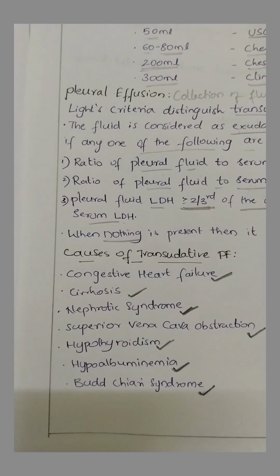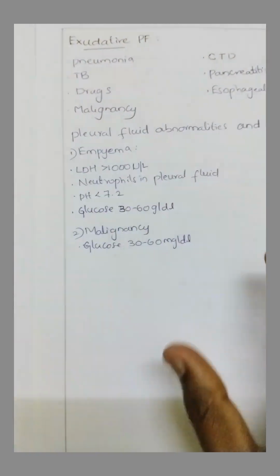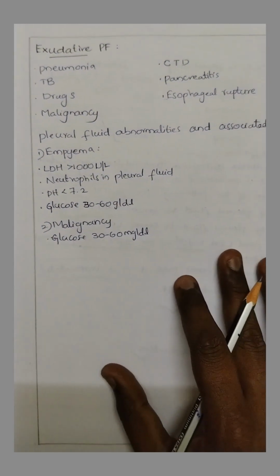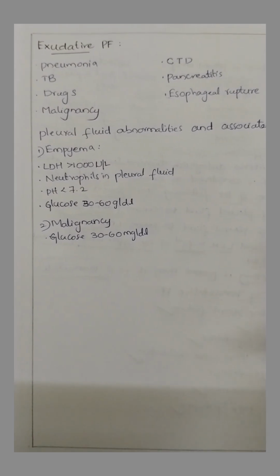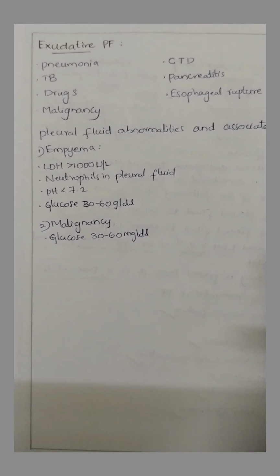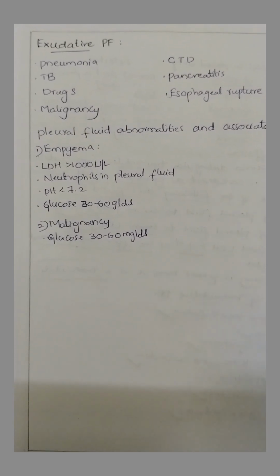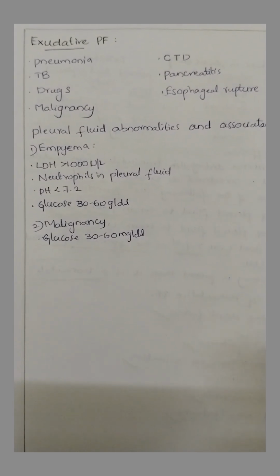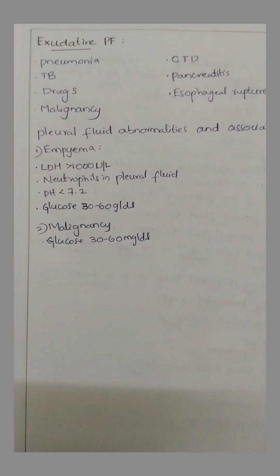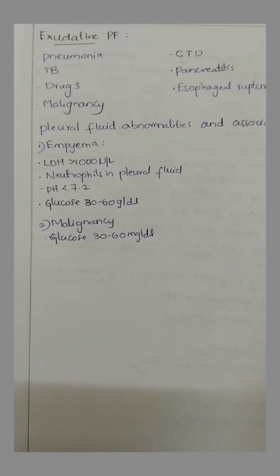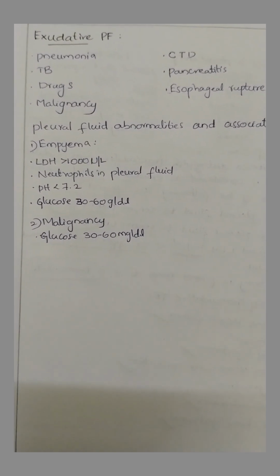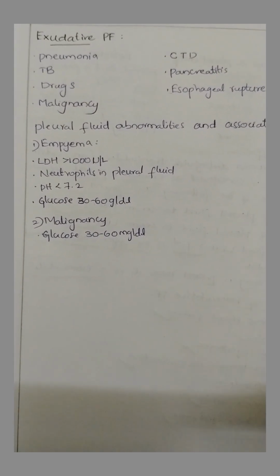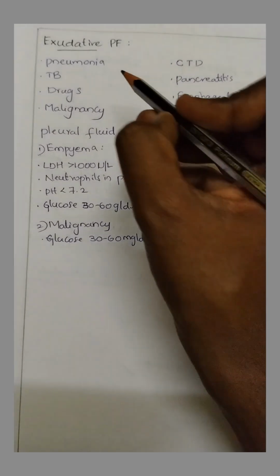And we will also discuss the causes of the exudative type of pleural effusion. So exudate means when the pleural fluid protein to serum protein ratio is more than or equal to 0.5, or when the pleural fluid LDH to serum LDH ratio is more than or equal to 0.6, or pleural fluid LDH is more than or equal to two-thirds of the upper limit of normal, then it is called exudate. So in exudative pleural effusion, the first cause is pneumonia,